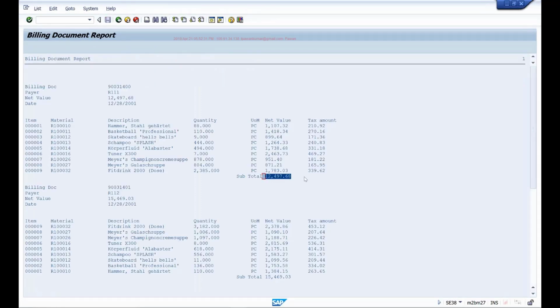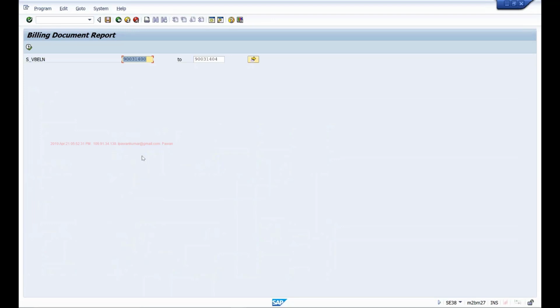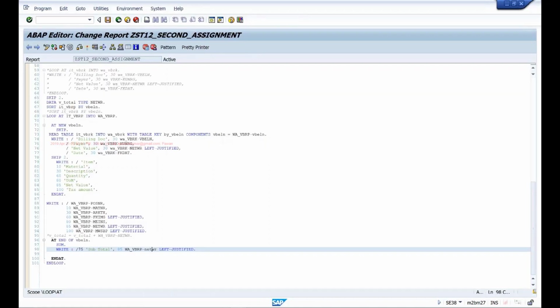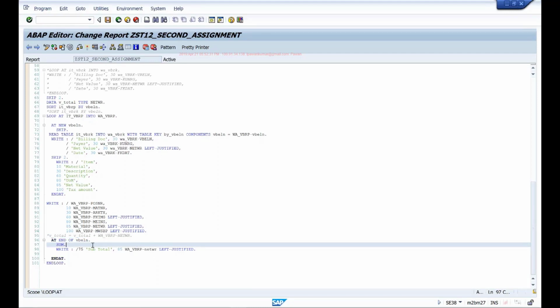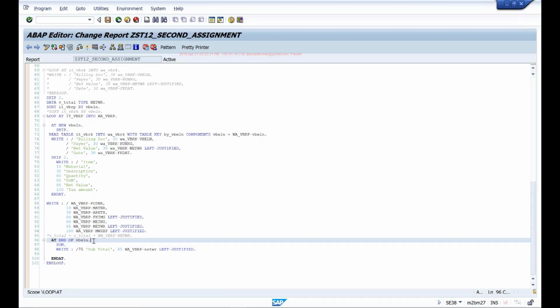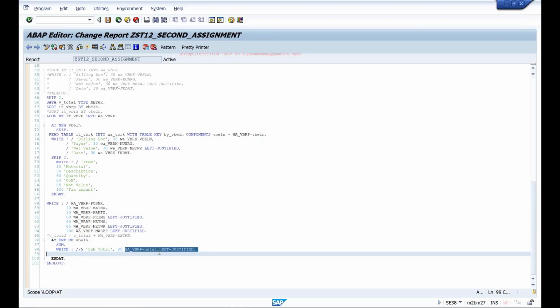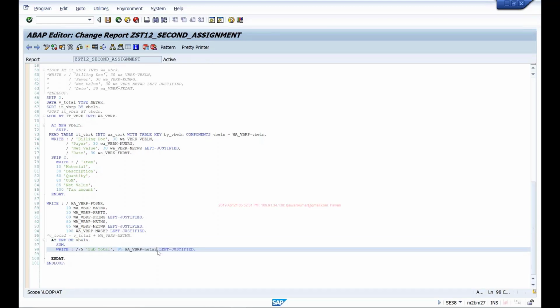Okay, so it is summing up the column automatically. So this is also another way. In ABAP, you will always have this situation where you have 10 different ways to do the same thing. Either I can manually total, or, since in this case we also have the value in the header's document field, I can use that, or I can use the SUM addition keyword within the AT END OF block to automatically add up that column, the net value column. Okay, so these are the different ways.